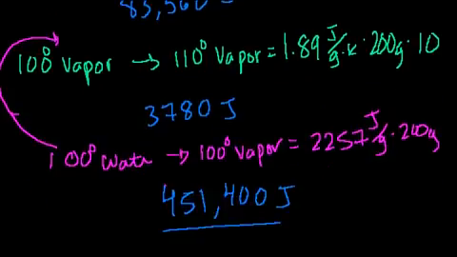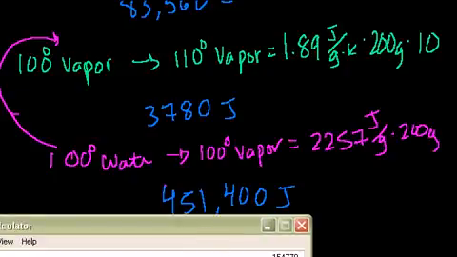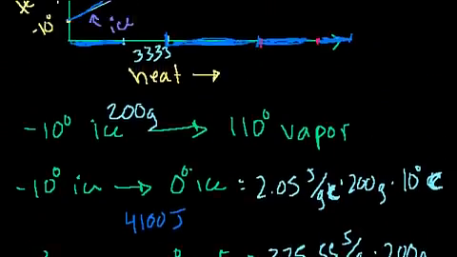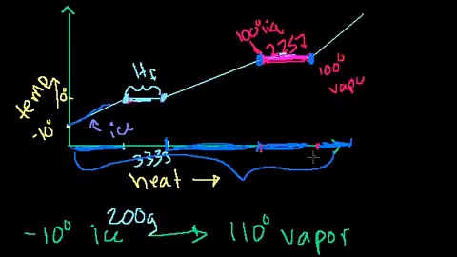And then we need to turn that 100-degree water into 100-degree vapor. So you add the 451,400, which is equal to 606,000. And then finally, we're at 100-degree vapor, and we want to convert that to 110-degree vapor. So it's another 3,780 joules. Plus 3,780 is equal to 609,950 joules. So this whole thing, going from minus 10 to 110,